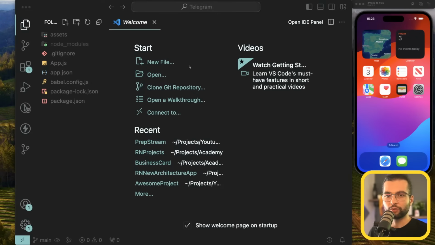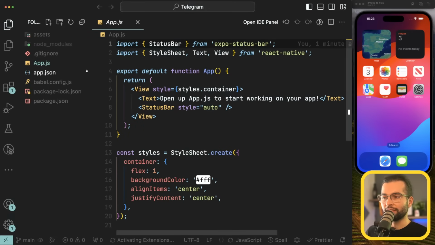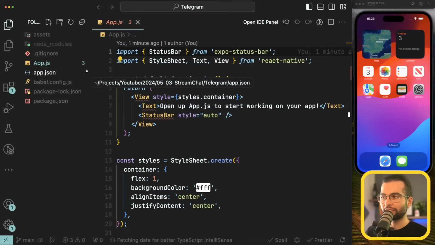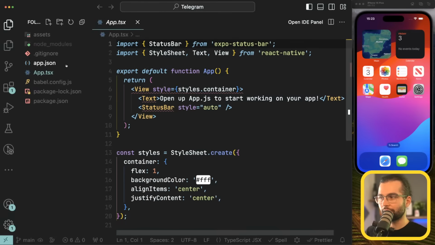Usually the first step I do in a new project is I switch it right away to TypeScript. And again, we might not have to type everything in our application, but just by having TypeScript enabled and typing some of the important stuff is already better than not having it at all. So to enable TypeScript, I'm gonna go ahead and rename app.js to app.tsx. Then I open a terminal